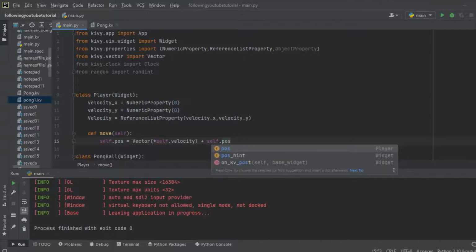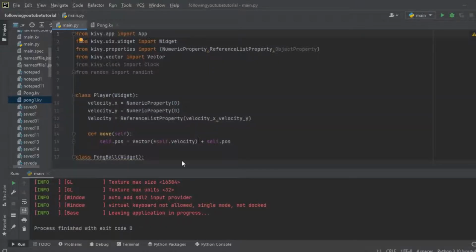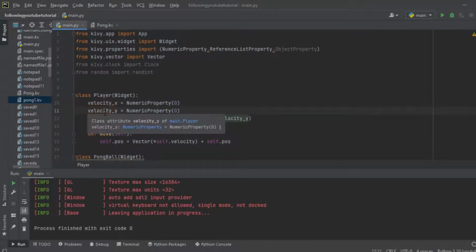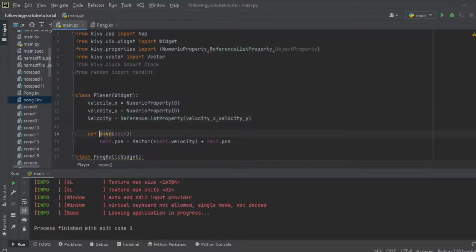So let me explain this stuff here. The thing to notice is that we are trying to give this player a kind of property whereby the default value is going to be 0 when we run the program. It is going to give us the x value, the y value is going to be 0. There is no kind of movement whatsoever. And also this move function is to make sure that